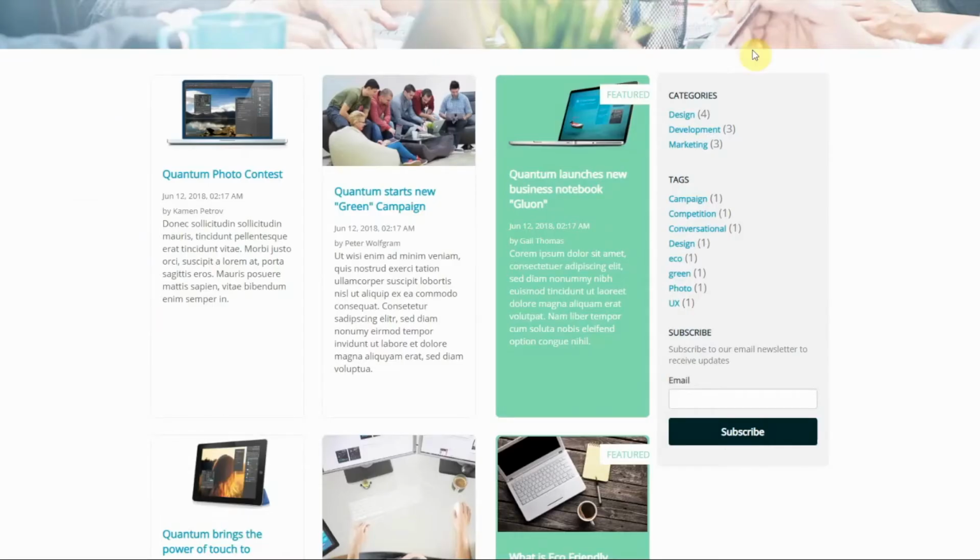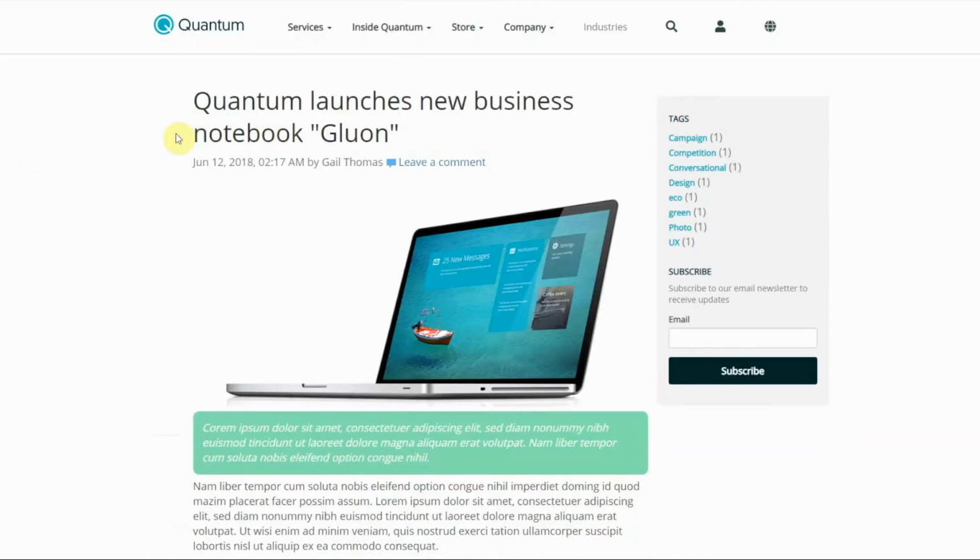But if we navigate to the front end, this is the news page, an article is selected, and then it takes you to the news article page. And you can see here in the URL, it appends the URL because it is a child page of the news. So we have inside Quantum news, news article, and then we have our news article URL. And this is modifiable in the backend, as I mentioned. So in some cases for SEO, you might want to exclude things like year or any additional information that might be included.